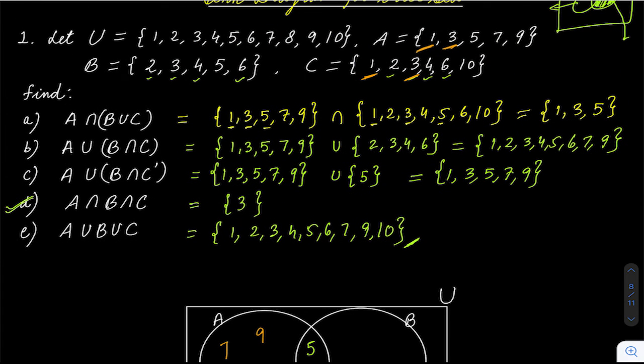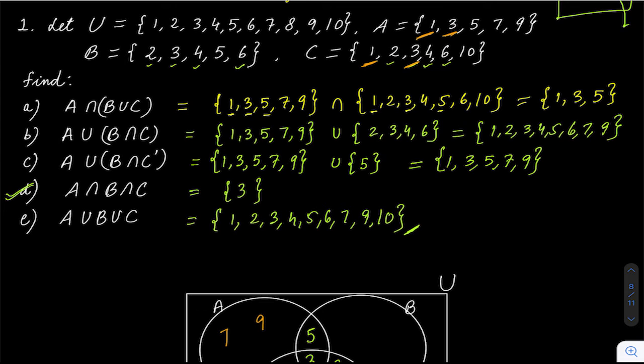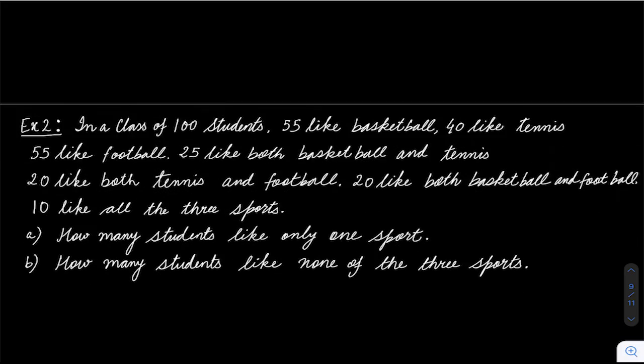So this is how we can use this Venn diagram. This is very important for understanding, because when we are solving this for the first time, there are lots of doubts. What is this? What is that? How to fill this diagram? How to write these sets in a Venn diagram? So I have shown you one way. Just look for the part that is common in all, that is A intersection B intersection C. You can start from there. Then slowly you will find all the answers.